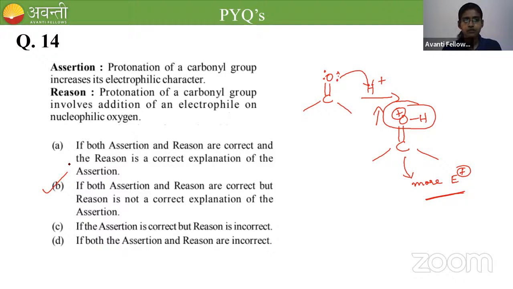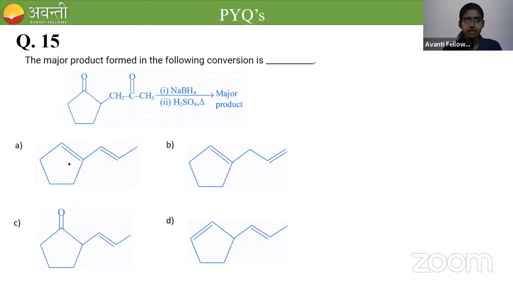Then let's move on to question number 15. The major product formed in the following conversion is. So, a compound is there which contains two ketonic systems, and this compound is reacting with NaBH4, which is the reducing agent. And NaBH4, we know that it reduces the ketones to secondary alcohols, right? NaBH4 reduces the ketone group to secondary alcohol group. So what we get first? We get